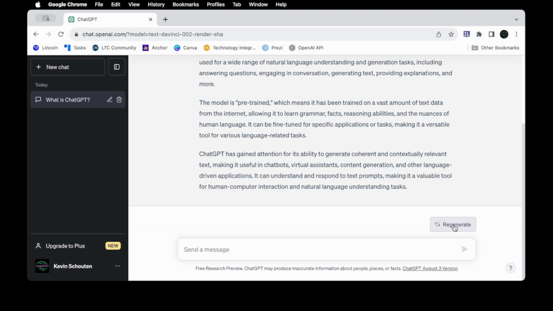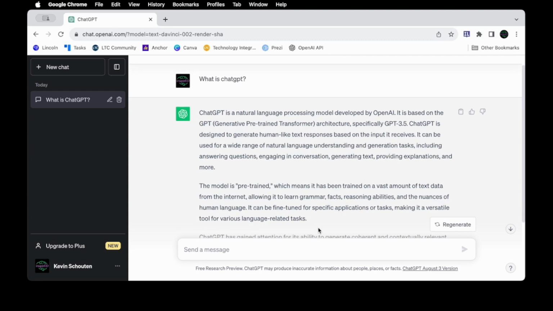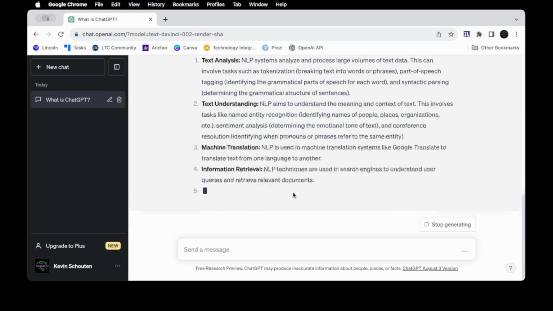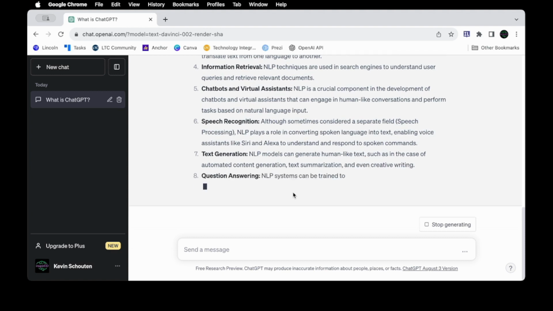You can also interact with the text. So if you generate a response that maybe gives you a question in your mind that you want to ask to get a little bit more information, you can ask a question based on the text that's generated, and it will answer that question. So for example, if I'm not entirely sure what natural language processing is, what is natural language processing? It will then generate a follow-up response to what that actually is. So you can interact a little bit, you can ask questions, you can ask follow-up questions,